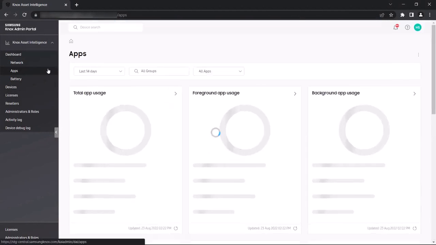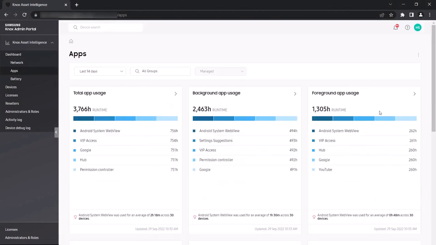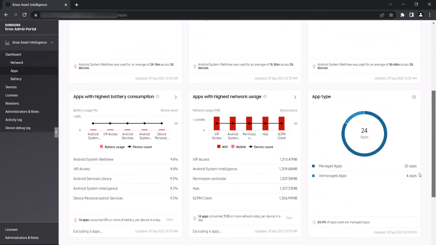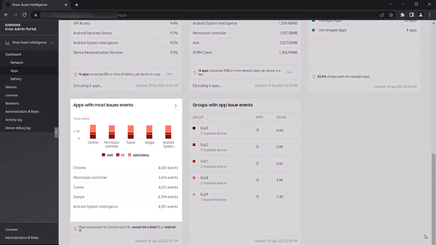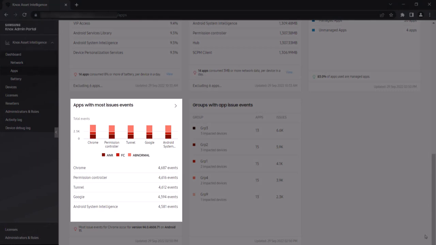Switching back to our apps dashboard, let's now focus on two widgets that help monitor app issues specifically. Apps with most issue events helps you identify which apps are at the highest risk of disrupting your business operations. This widget monitors the top 5 apps that don't respond, that have a forced closed event, or experience any type